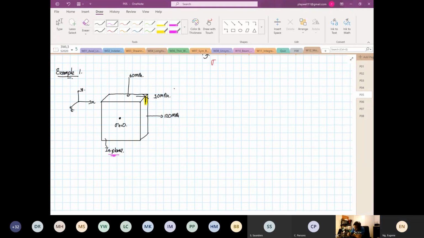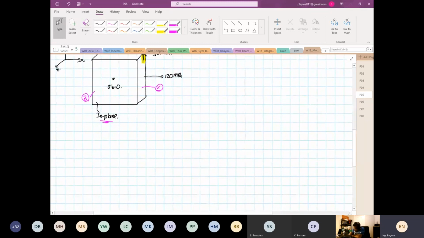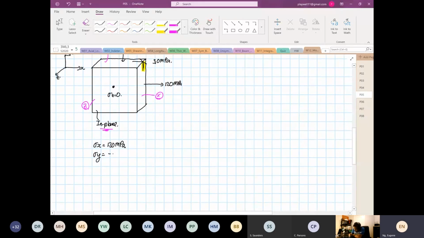So this is X. This is Y. And now you have to include Z. So you write down stress X is equal to 120 megapascal, stress Y is equal to minus 60 megapascal. Shear XY is equal to shear YX. And now you guys know that it's positive shear, but it does not mean anything in terms of shear. And then